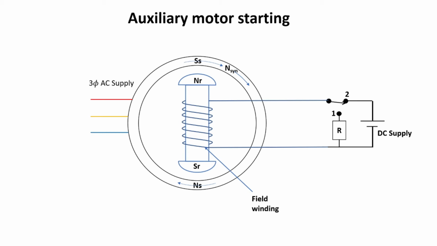In the first case, first of all, the auxiliary three-phase induction motor brings the main motor, that is the synchronous motor, speed almost equal to synchronous speed. At this time, the armature winding, that is the stator winding of the synchronous motor, is also energized from the three-phase supply. Now, when the field winding of the main motor is energized by connecting it to the DC source, the field pole gets locked with the stator pole. As a result of this, the main motor starts running as a synchronous motor at synchronous speed.